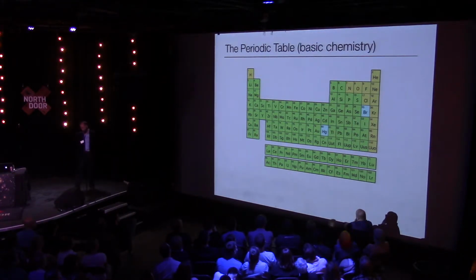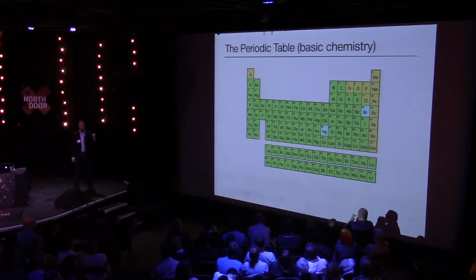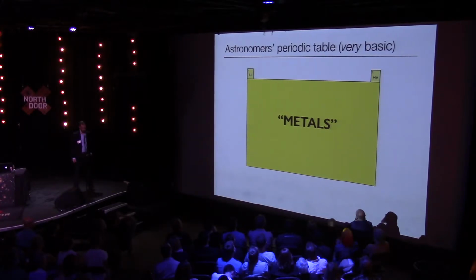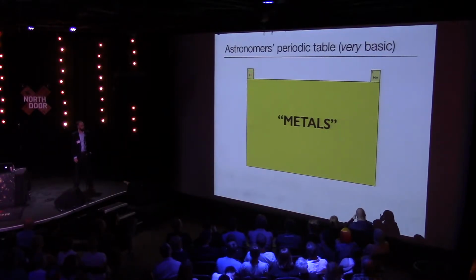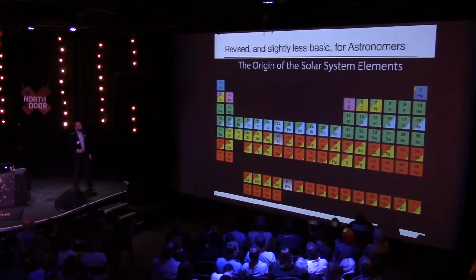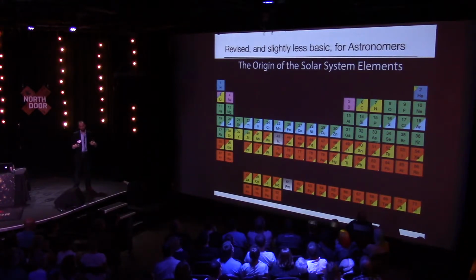Okay. So our tools for this, well, what are our tools? Everybody's familiar with the basic periodic table, the sort of building block of a lot of chemistry, right? Astronomers have their own version of this. It is much simpler. It looks like this. You know, there's hydrogen, there's helium, and there's a bunch of other crap out there. So, all right, it's a little coarse, but we'll talk about why this is the nomenclature. But we do have our own version of the periodic table. And the periodic table for us is where the elements actually come from, okay?